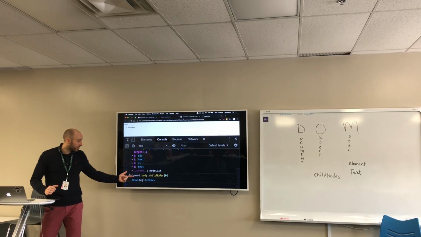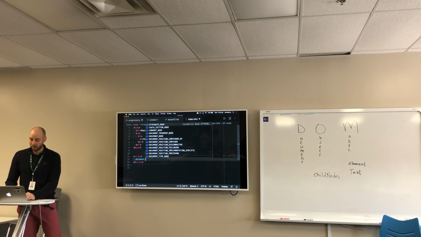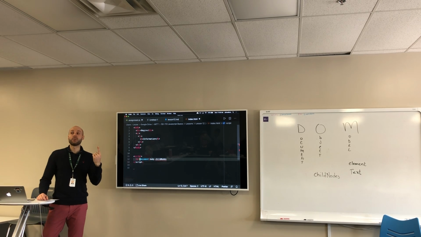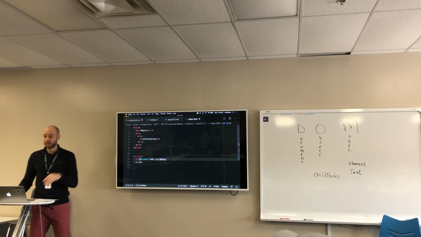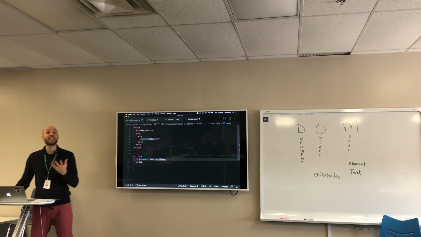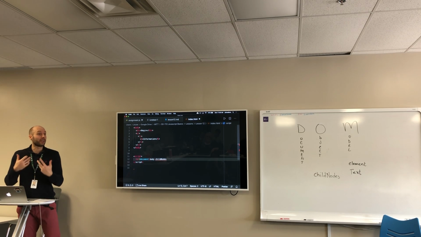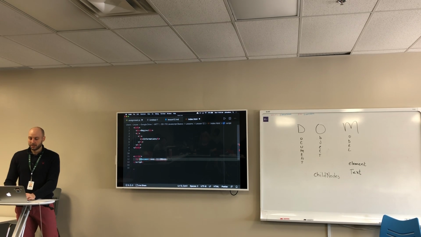Which means if we wanted to, we could write a small loop that goes document.body.childNodes. For loops or for of loops only, not forEach loops, because it's not an array. It's what we call array-like. It's like an array, but it's not an array. Okay, it's a list or a collection. So for let node of childNodes